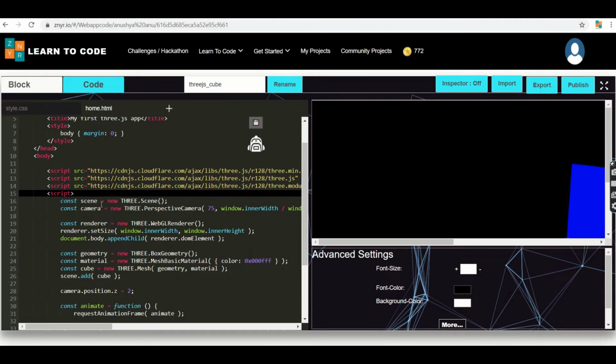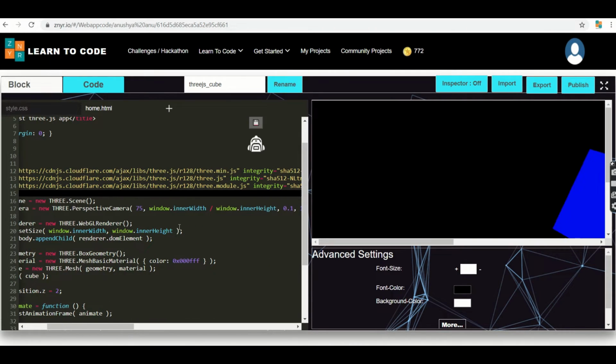Okay, let me explain these two parts to understand this. We have a few different cameras in Three.js, that is, the perspective camera. The first attribute is the field of view. Under this, whatever the field has to use, we have used over here. The next is nothing but the extent of the scene that is seen on the display at any given moment.